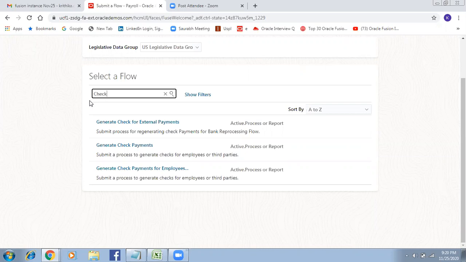And the fifth one is after EFT? Generate payslip.